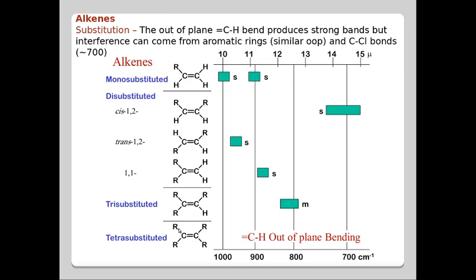For the tetra-substituted system, do we see a CH out of plane bending vibration? No, because there are no carbon hydrogen bonds in here. Okay, so this one will give us an idea about where we have to look for the CH bending by out of plane bending vibrations of alkenic systems. Okay,